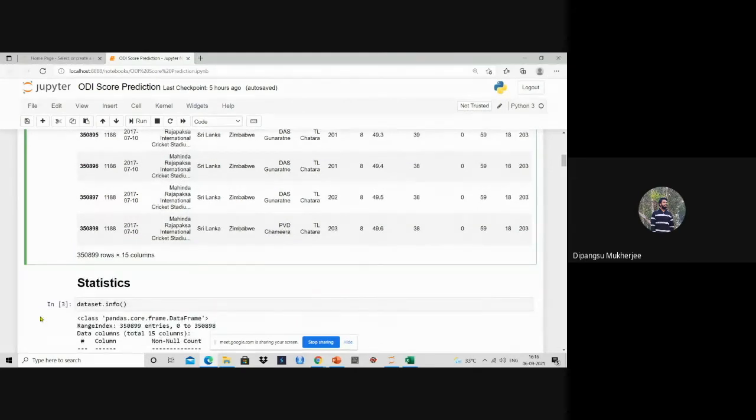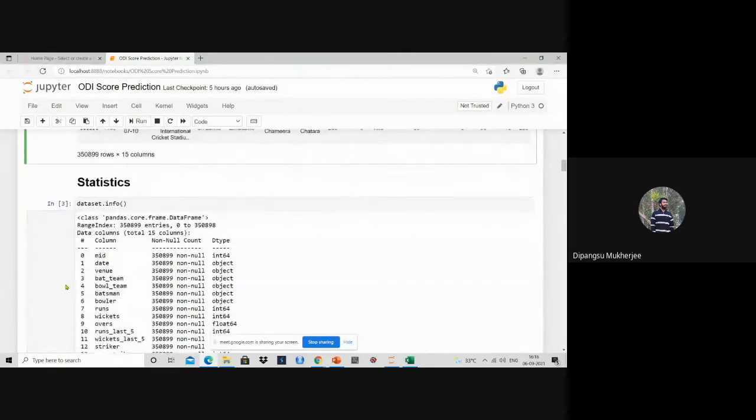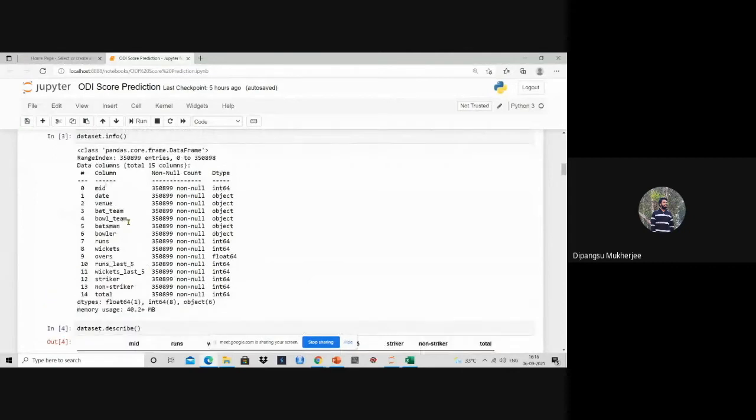Now first of all, we will do some statistical analysis. So dataset.info. Info returns us many of the descriptive details, like the count of non-null values or null values.